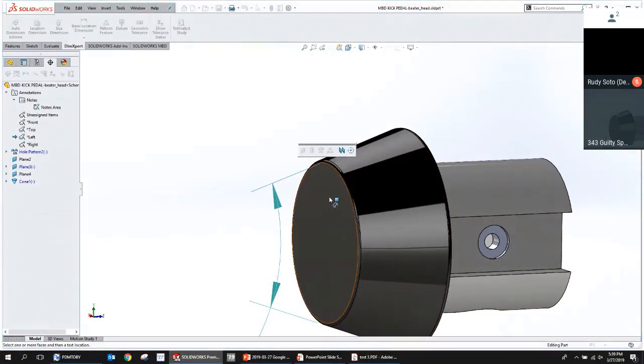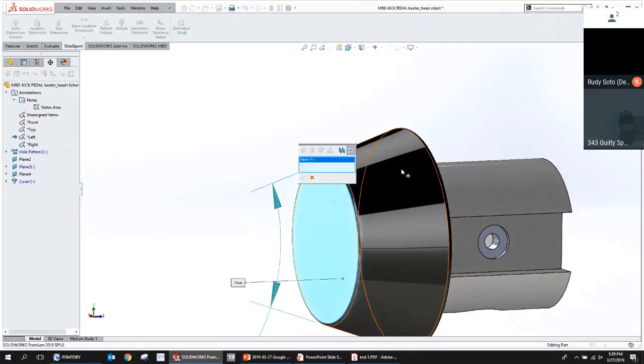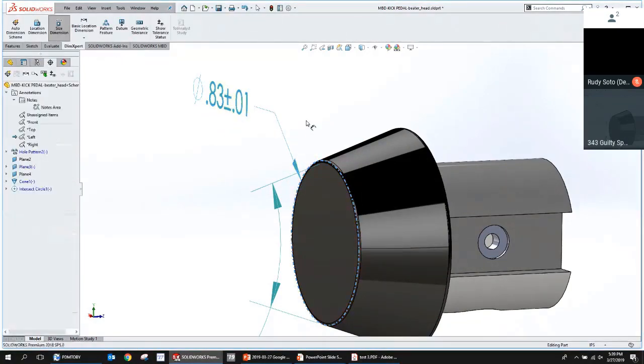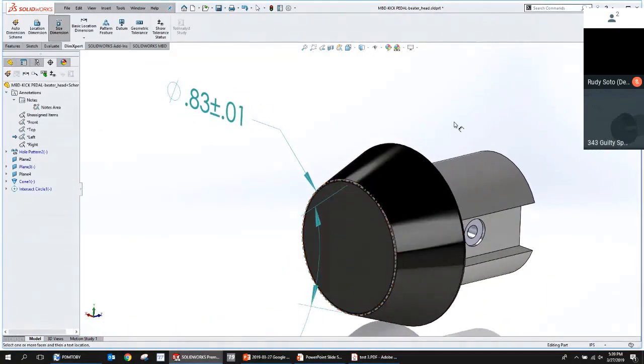Then I can pick this planar face, click this virtual intersect circle, click on this face here, and hit the green check mark, and SolidWorks creates a virtual circle at what the intersection would be. Anytime you have a fillet in a weird location, like two angled faces coming together, and you want to measure to the sharp, you can use a very similar command, but instead of a circle, it's a line at the intersection of those two surfaces.